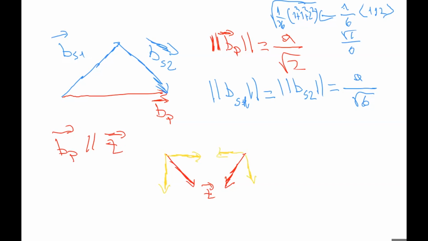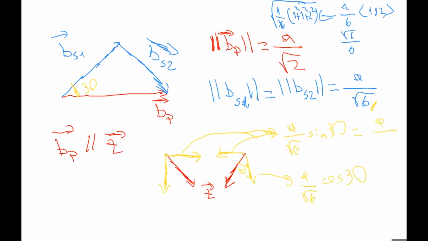And the angle is just 30 degrees here. Then you can find these components as just the square root of 6, which is this guy, times the sine 30. And the other component is the square root of 6 times the cosine 30, which is equal to